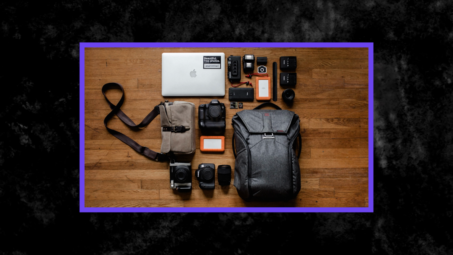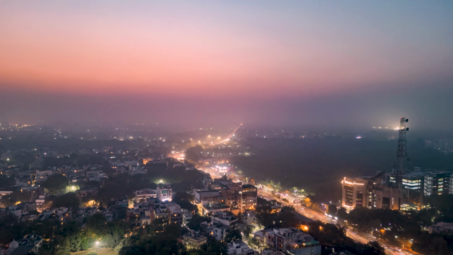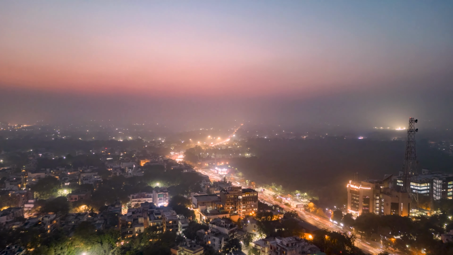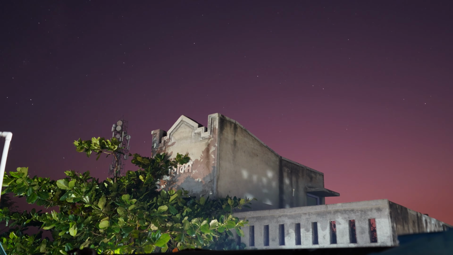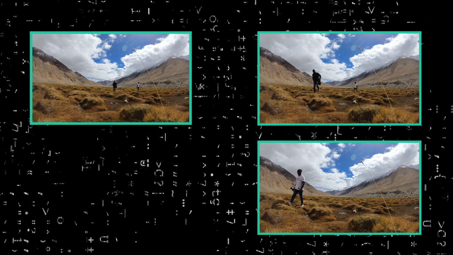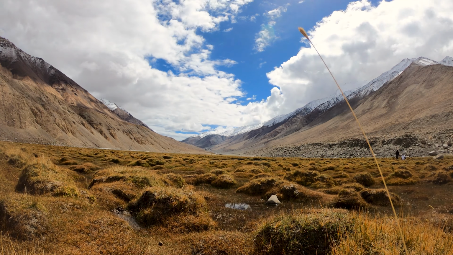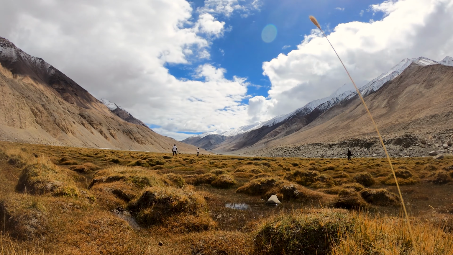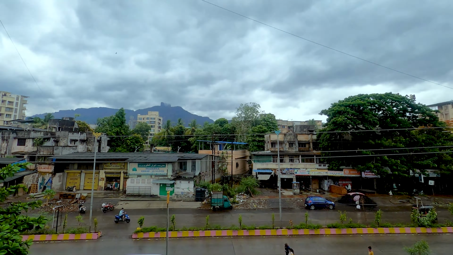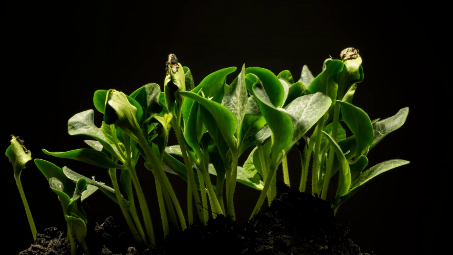With some basic equipment, the right approach, and a good amount of creativity, you can create stunning images that move and tell a story. Time-lapse photography is a technique used to capture images at a more delayed rate than normal photography. Think one image every few seconds. The resulting video is then played back at a normal speed, creating the illusion of time moving faster. This technique can be used to capture things like the movement of clouds, the growth of plants, or even the